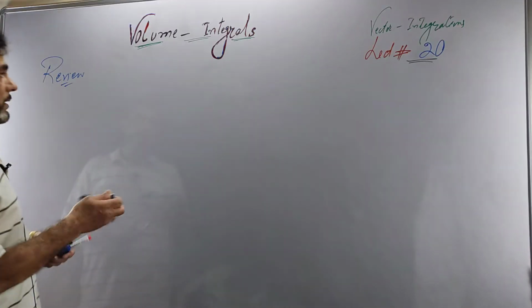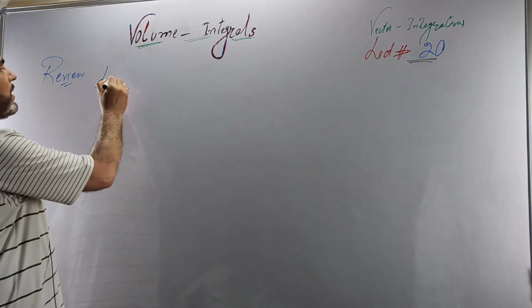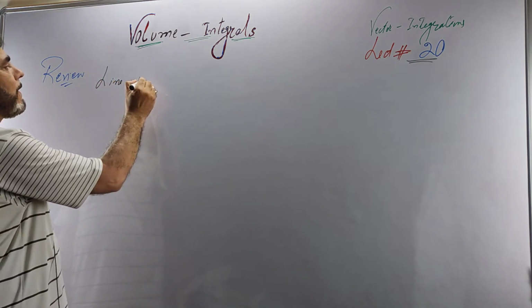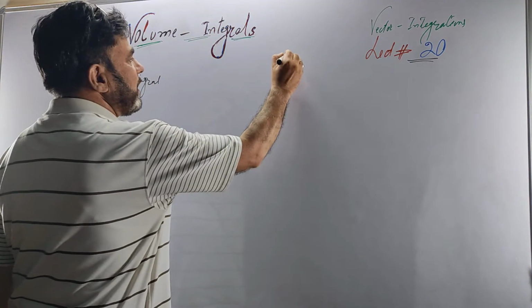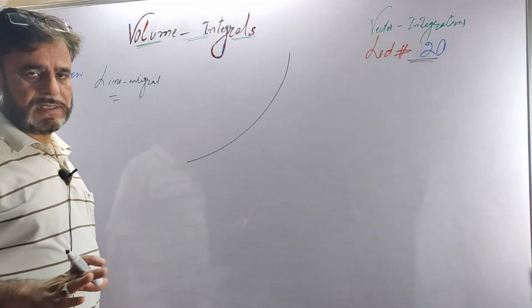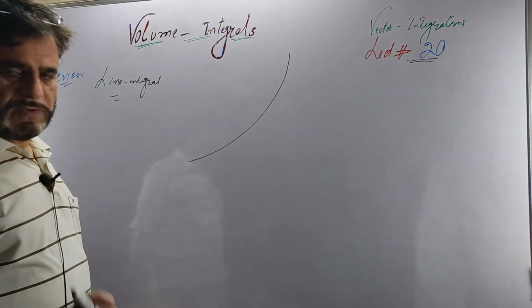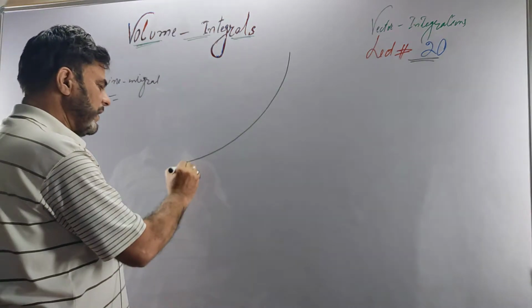In line integral, what we did is, this is the review of this. We considered a curve, because we say what is actually a line integral. Any integral which is to be evaluated along a curve is a line integral. Well, if we take a curve AB,